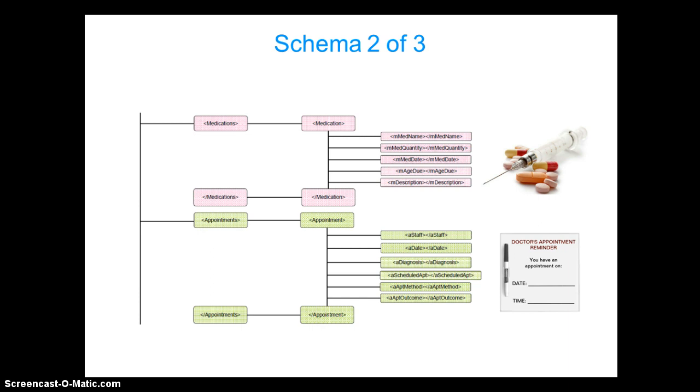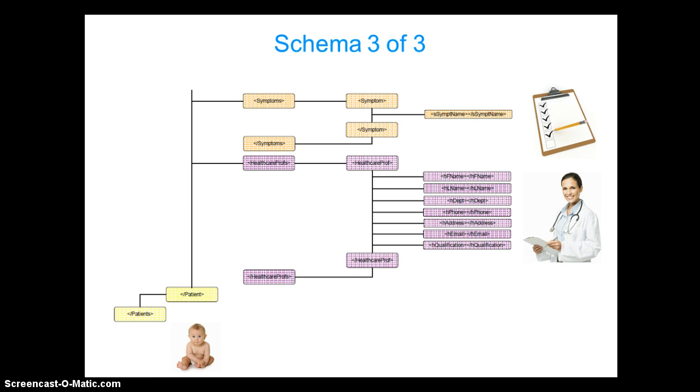Also, appointments we weren't able to share, so the other groups had that information. Symptoms again, the other groups, that was a very small one. Healthcare professionals was our GP. So we had first name. In hindsight, we should have had first name and second name. We had, I think, phone number and address. Qualification we didn't have. And then you can see here at the very bottom our root, we're closing our end tags for our root